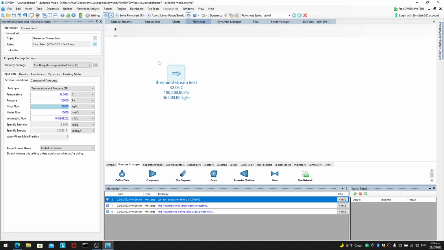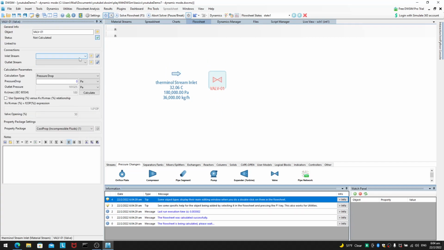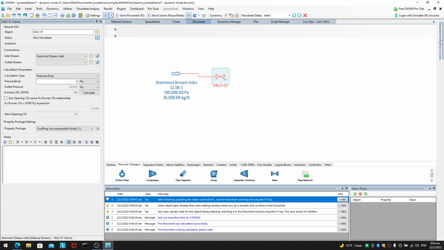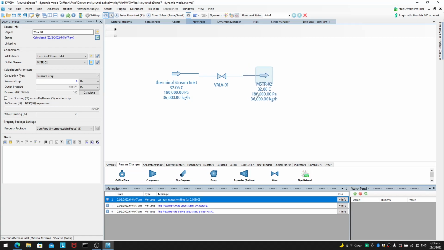Okay, so we'll make this stream go through a valve. We'll make this stream go through a valve just like the tutorial. You'll have a terminal stream inlet, and the outlet is here. One thing of note for this valve is that for dynamic simulation, we should be using this general service KV. Okay, KV valve, meaning to say,